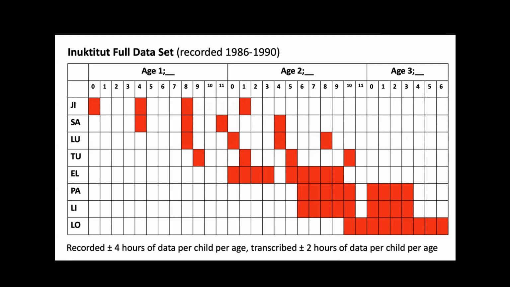We haven't talked much about recording, but these data were collected a long time ago when there weren't a lot of fancy recording tools. They were simply collected by a video camera with no external microphone, and that worked okay. But it meant that data were recorded in homes and not outdoors, because it was too hard following kids around and too windy outdoors. And the videotaping, which might be problematic in some cultures, was not a problem for Inuit because they're very used to learning by observation. That was a normal strategy for them, and several of them had their own video cameras anyway. Okay, next slide.